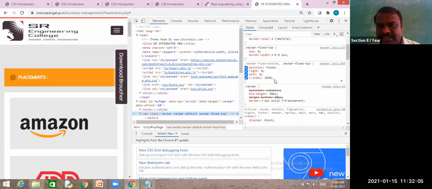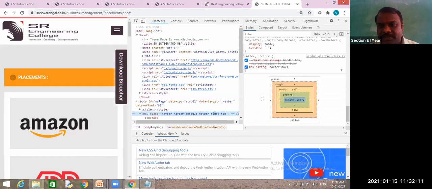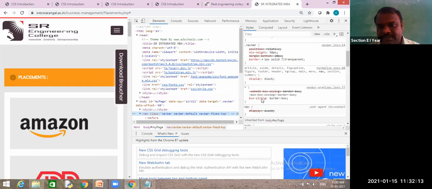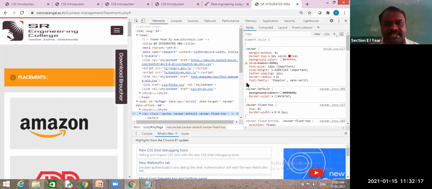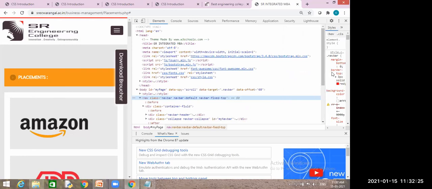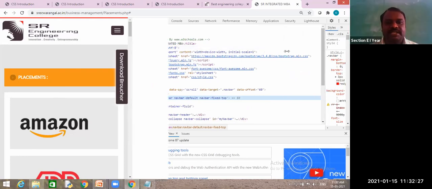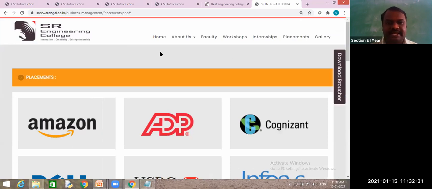We will learn all this later, one after the other. Position, right, left, Z. Can you see all these properties or not? Yes, sir. So do our pages contain CSS? Yes, sir. This is the way. No website is created without CSS.